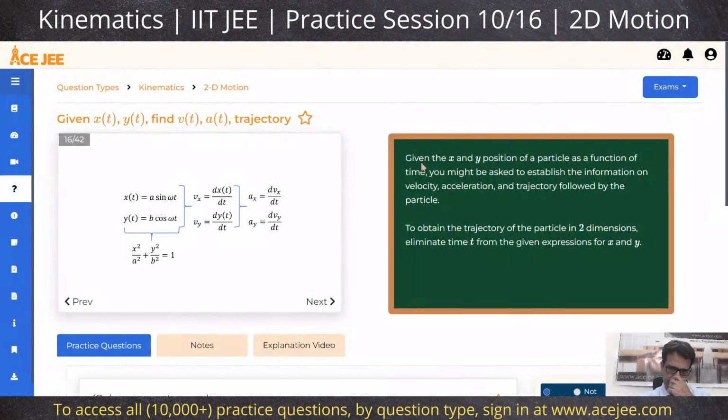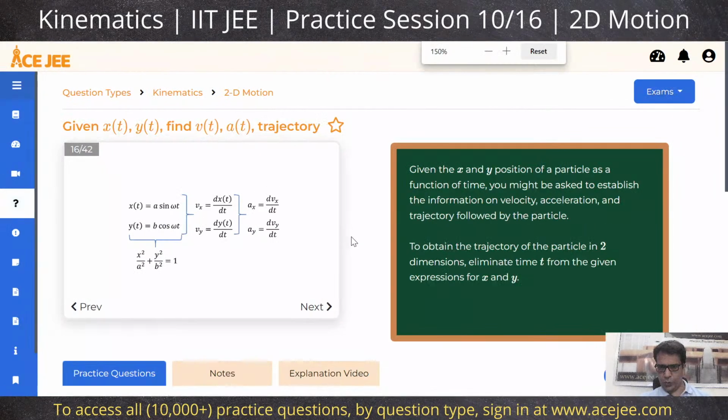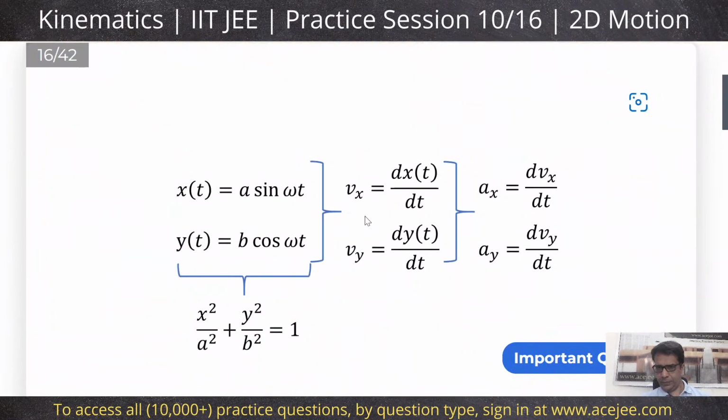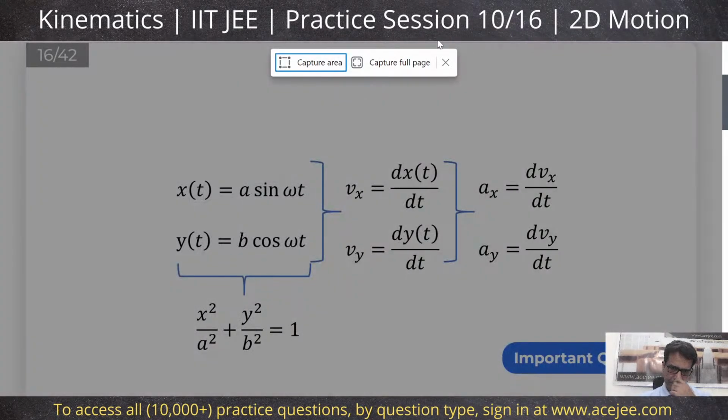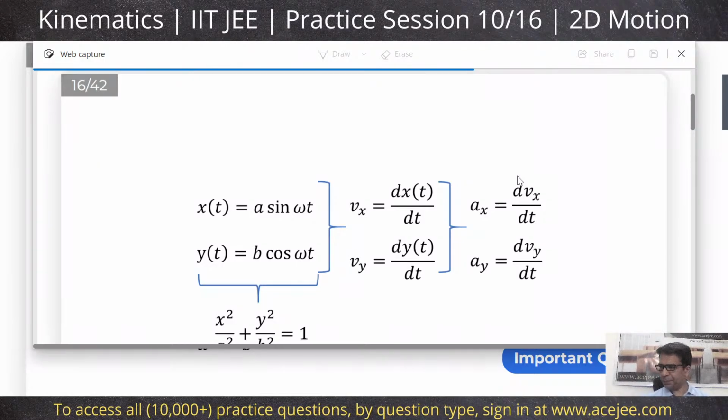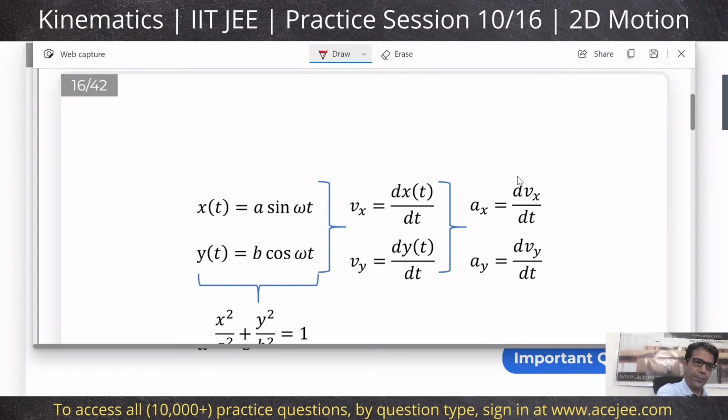Let me do this. Let me just zoom in a little bit. Okay. So we are now entering into two dimensions. So let's recall the very first question type that we worked with in one dimension. So I'm just going to revisit what we discussed there. So we said